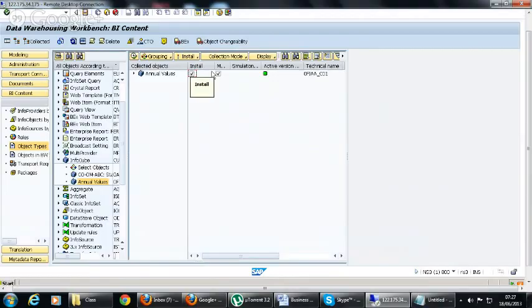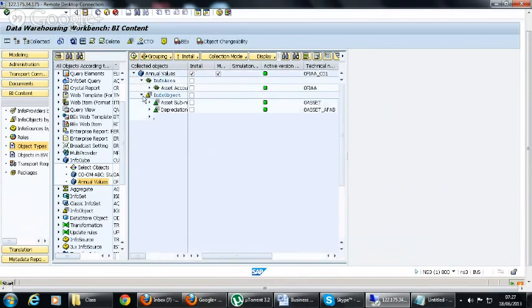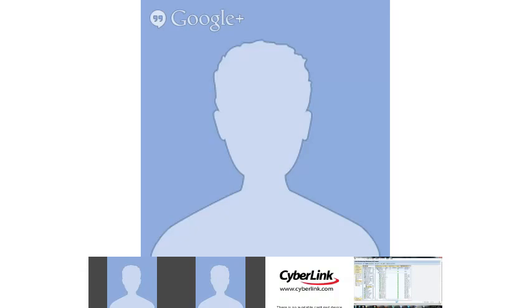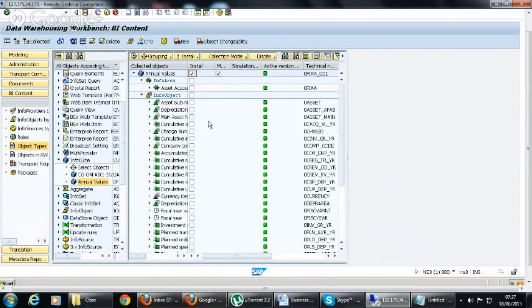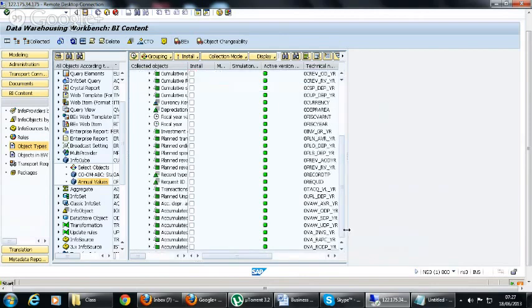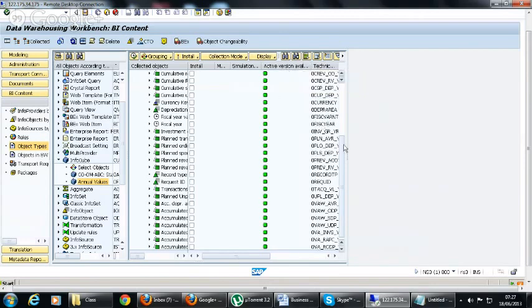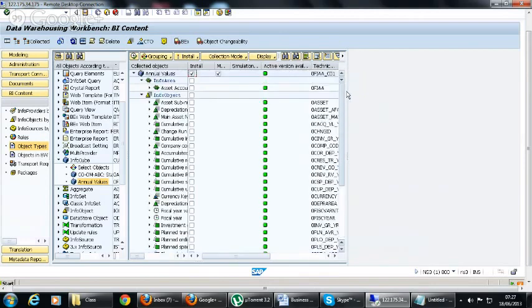So here, because we have only necessary objects, these are the objects which are collected. Now, for example, if we want all these dependent objects to be installed along with the cube, because it is already installed, it is already in the active version, but I'm showing you for the example. Generally there are three versions: one is the active version, one is modified, and one is delivered version.